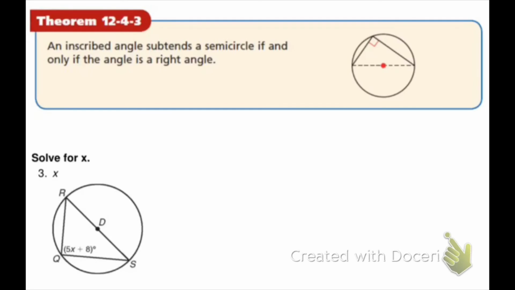Now, how to actually use this? Well, example 3, let's solve for x. Well, notice that this right here is the diameter. It falls in the semicircle. So since the inscribed angle falls in the diameter, which is a semicircle, I know that this angle has to be 90 degrees. So it's super easy. I just take 5x plus 8, set it equal to 90 degrees, or 90, and then